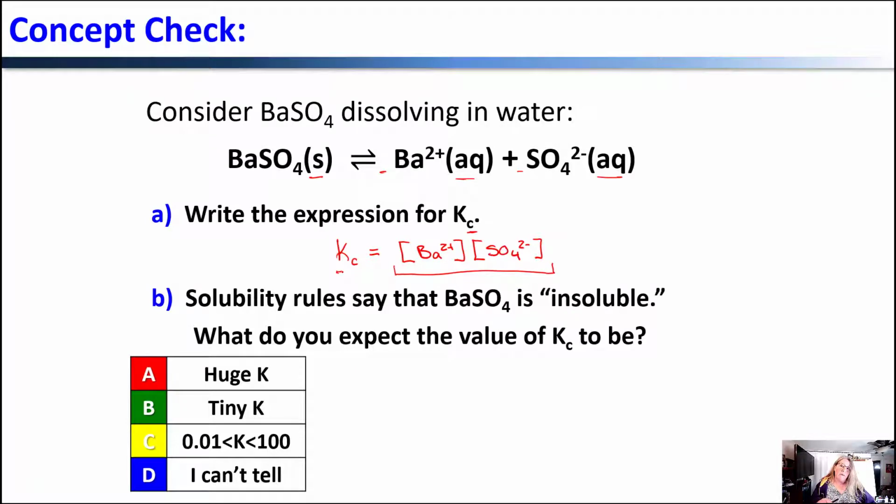So remember, between 0.01 and 100-ish, we roughly expect the concentrations of the products and reactants to be about the same. A huge K, like a 10 to the 20th or a 10 to the 30th, we would expect most of our reactants to go into products. So we're going to have very little reactant left at the end. In fact, what we see here is our K is indeed tiny, 10 to the negative 10. So considerably smaller than the 0.01 that we came up with,